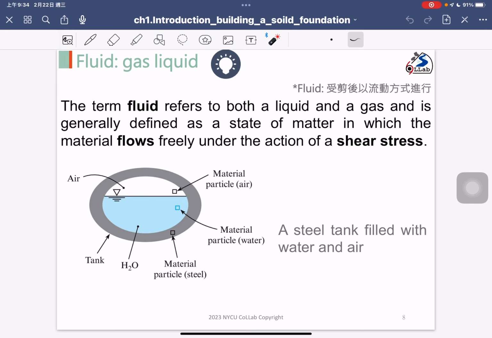Okay. And then I just highlight one example. If this is our system for our problem, this is a steel tank filled with water and air. So that indicates we draw the diagram for our system, and we highlight some materials we have. Why do we need to highlight how many materials are involved in our system? Because when we discuss problems and try to figure out solutions, the solution may be associated with the different materials having different physical properties, like the air, the gas, and the water, and the tank. They